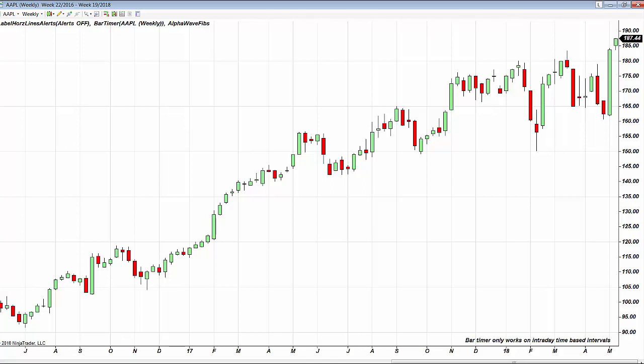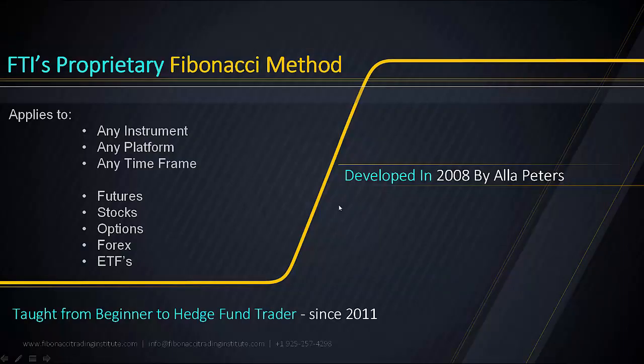Every single instrument on the planet has price. If a strategy works, it works on any instrument, any time frame, any platform, because the market is formed by price and Fibonacci. Every single pattern in front of you is not random. Every single pattern is formed by the Fibonacci sequence. And that's what I recognized very